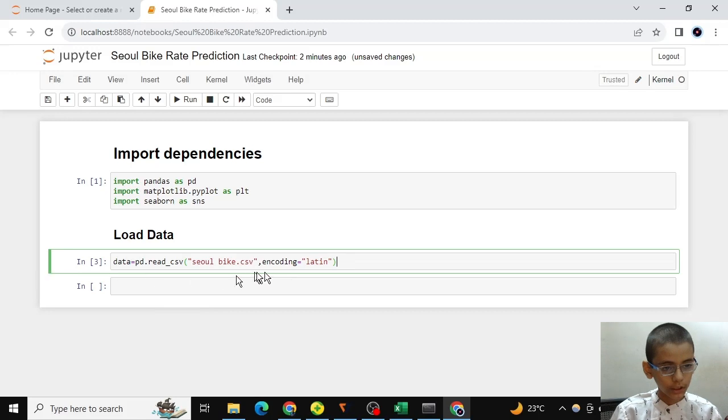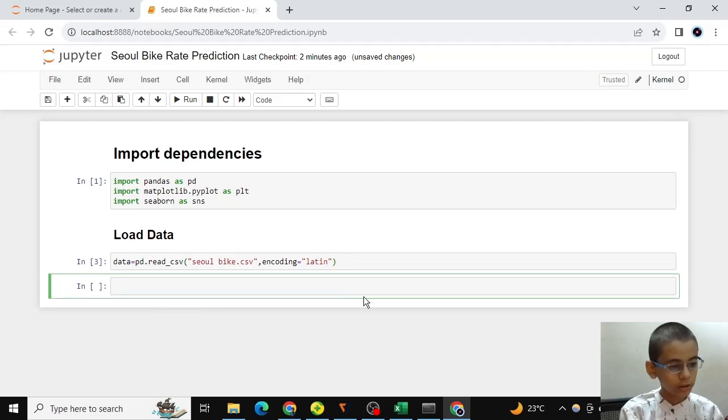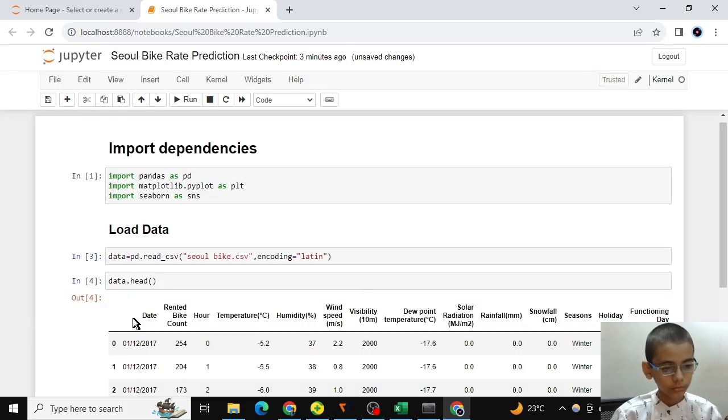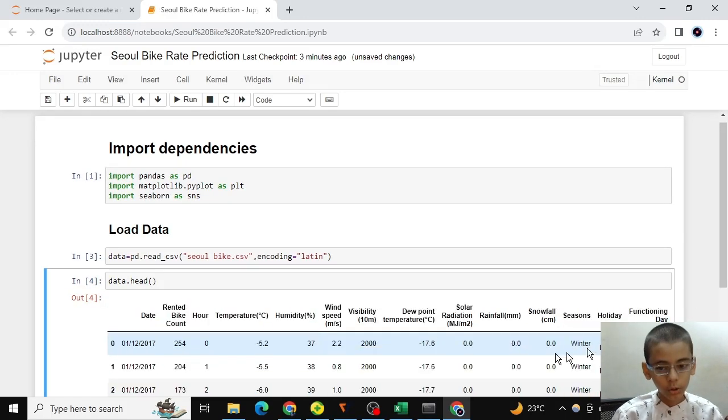Guys, we have loaded our data. Let's take a look at our data. This is a look at our data.